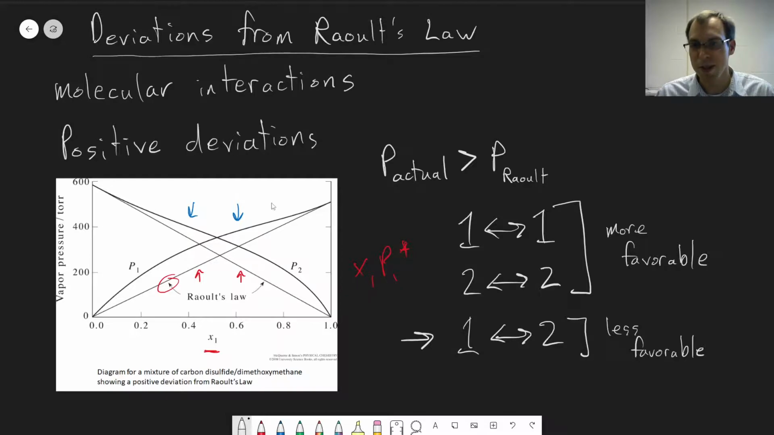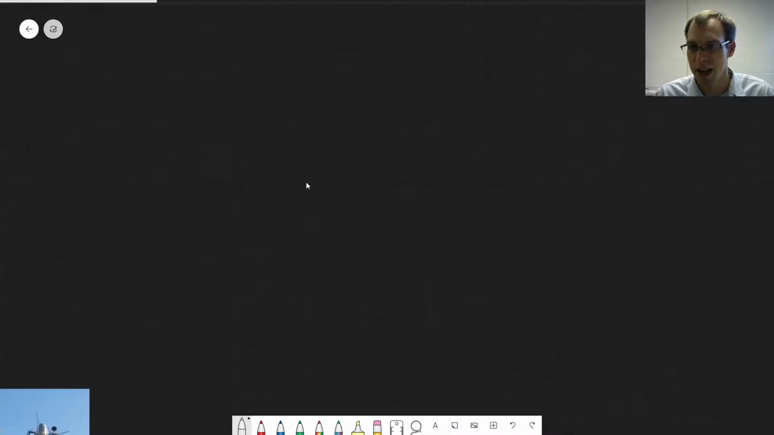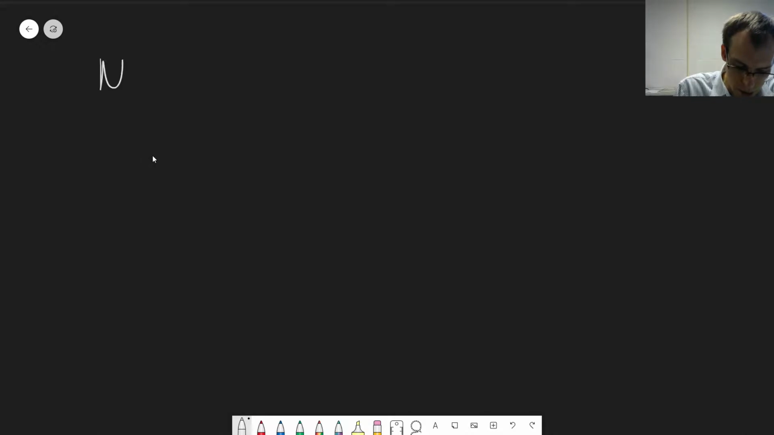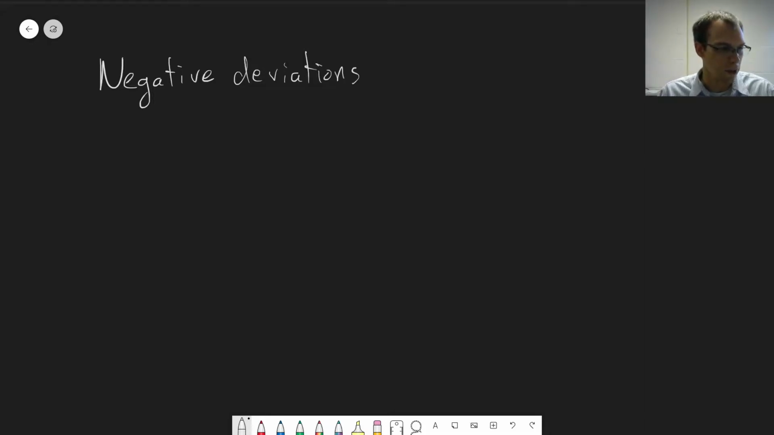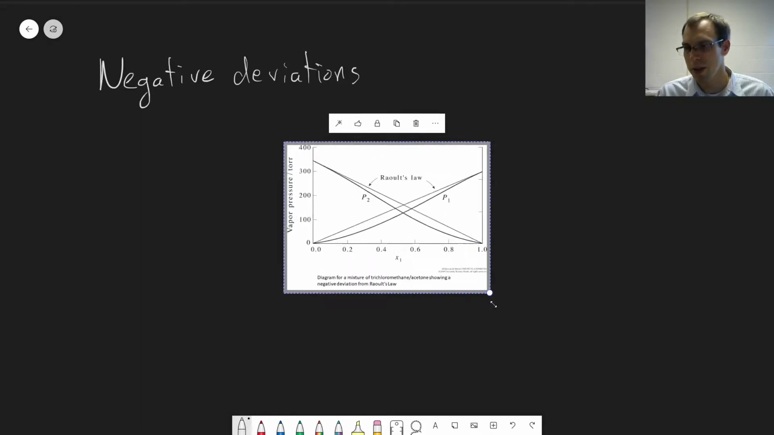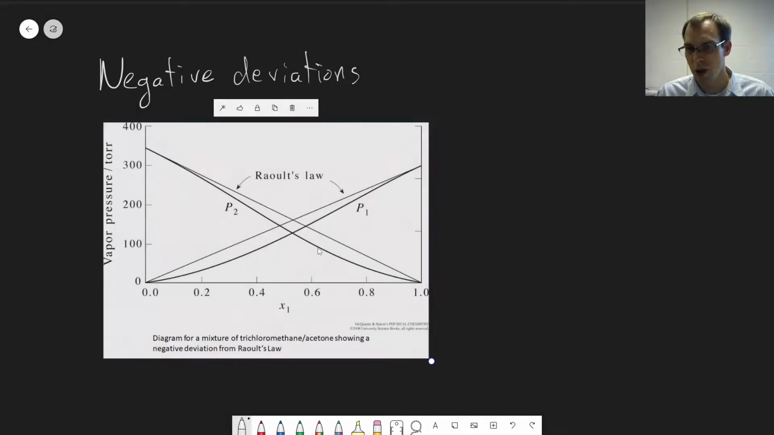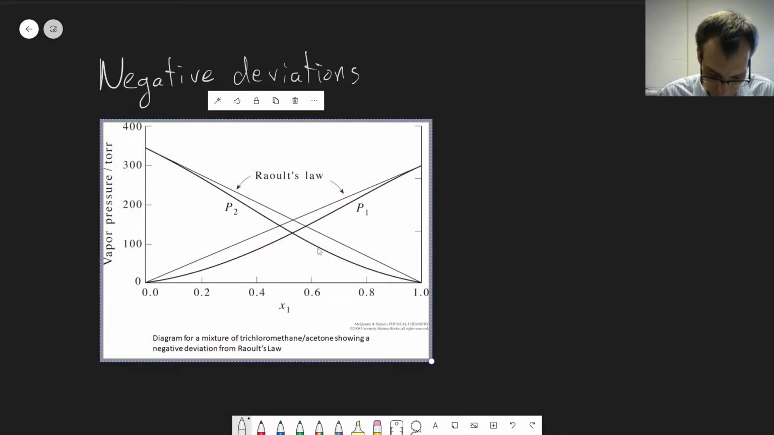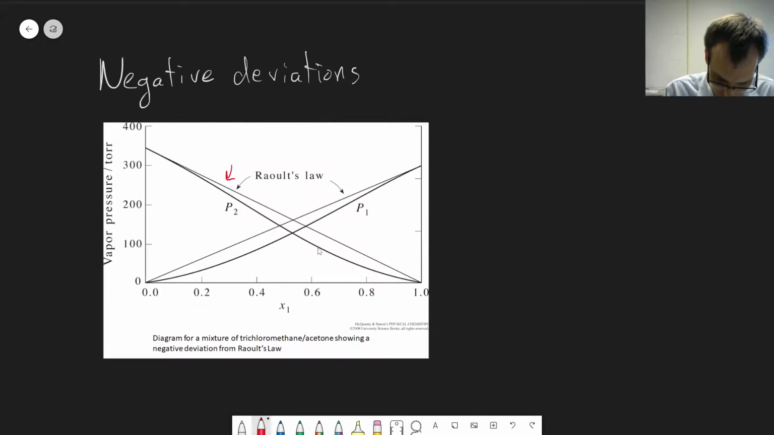We can have the opposite happen, right? So it is possible to have negative deviations. And that tells us that the opposite is true. So again, getting a plot that I can show you. Let me grab this and copy it over. So this is less common, the negative deviations are, but still possible. So this is again a figure from the textbook showing Raoult's law behavior. Now the Raoult's law behavior again is the straight lines here on the top. And in this case, our actual vapor pressure, the solid lines on the bottom, is lower than the Raoult's law